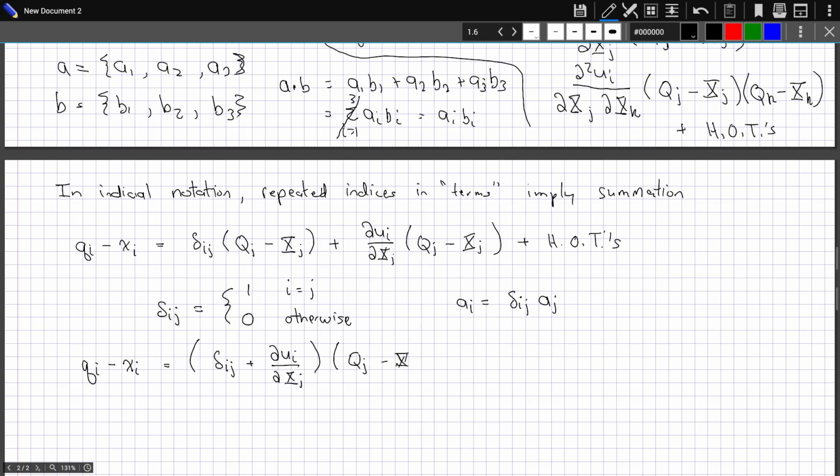Plus higher order terms, or another way you might write it is terms that are on the order of the norm of Q minus X, where this is like an L2 norm of those two vectors. It's like a measure of the distance, the difference between those two vectors. Okay. So, all of that